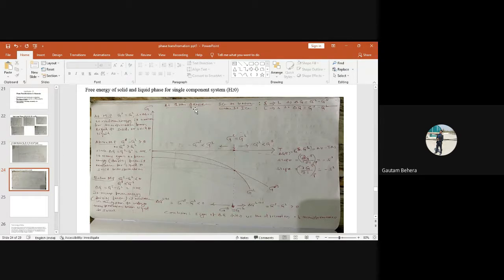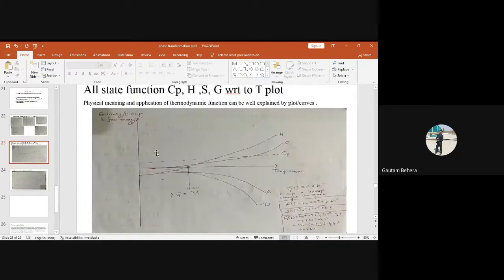The pressure is constant. If you remember, the free energy is a function of temperature and pressure. If you change the temperature or the pressure, free energy will change. It will not be fixed, right? But here we are considering fixed atmospheric pressure, that is 1 atm. So free energy is only a function of temperature. If temperature changes, free energy will also change. We'll see that. So we have already seen the free energy curve. This is the G curve with respect to temperature.